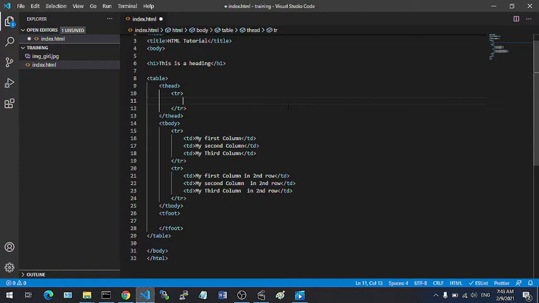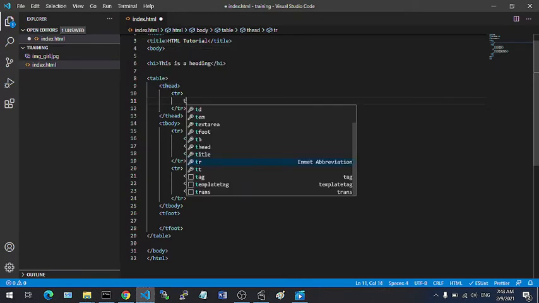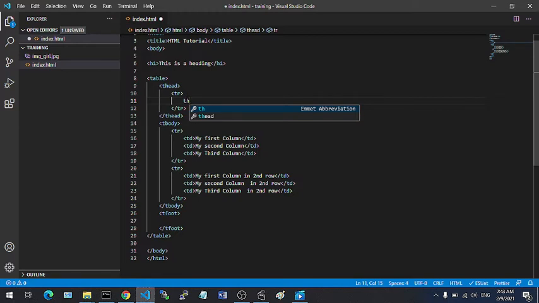Now, in this case, because we are within the thead section, what you normally define is called th, which is th instead of td. I mentioned earlier that td is used to represent table data, but th should be used when you are within the head section. Now, th opening and closing tag, then you can define what the actual data is going to be.